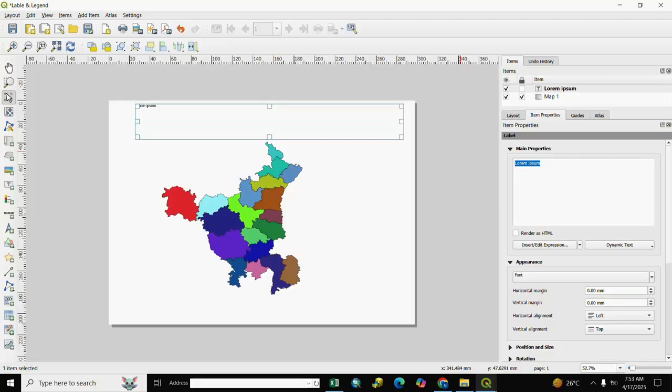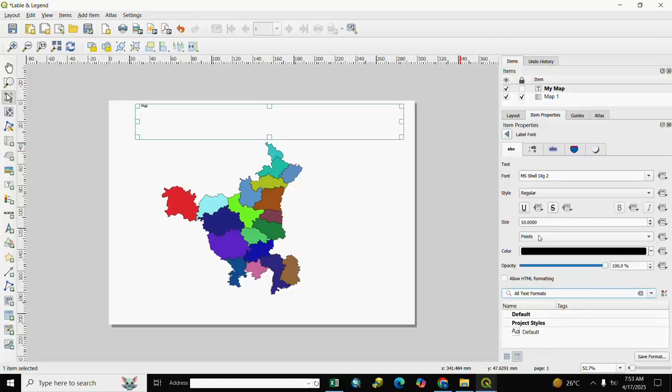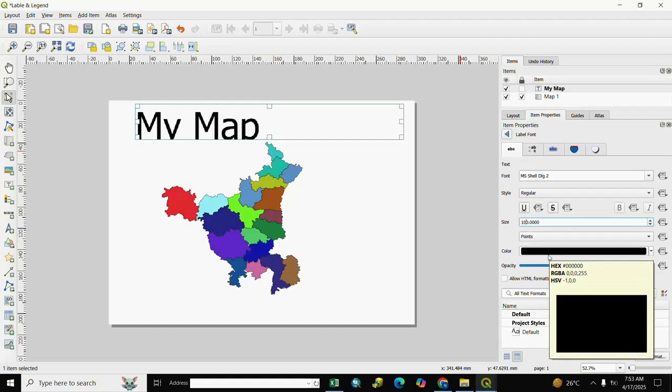We write here my map, and if you want to change the font size, you click here on font and you select the font size as per your requirement. We write here 100,